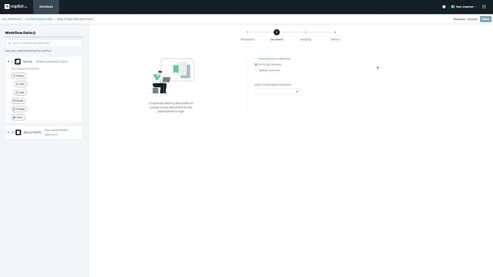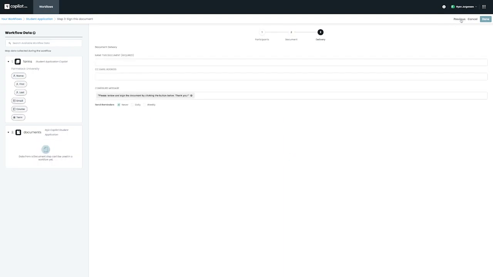From here, we can choose if this will be a document from a previous step, like the one that is being merged using Formstack Documents. We also have the option to upload a brand new document or use a previously used document from Formstack Sign. If you're using a document from your Sign account or uploading a brand new one, you will see the option to configure mapping for this document. For this example, we're going to continue using the document that we've set up on our second step. Once we've finished selecting our document, we can move on to the next step,